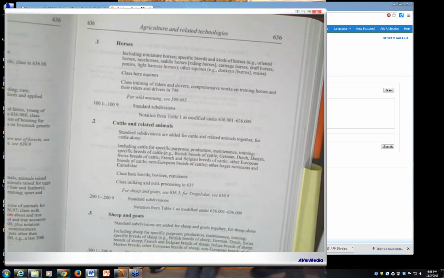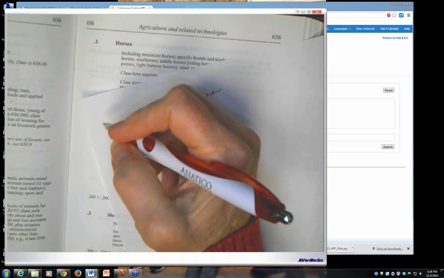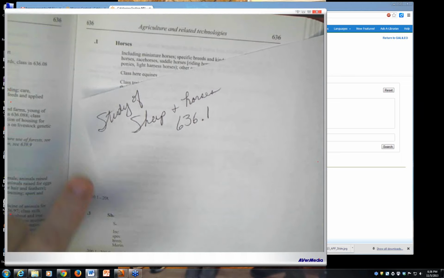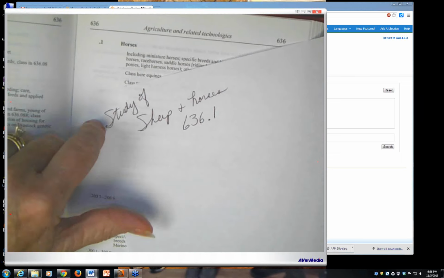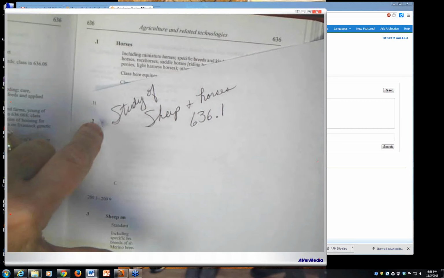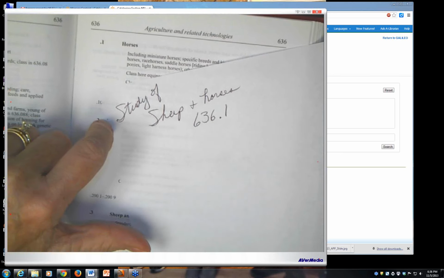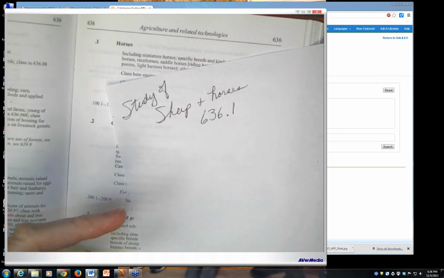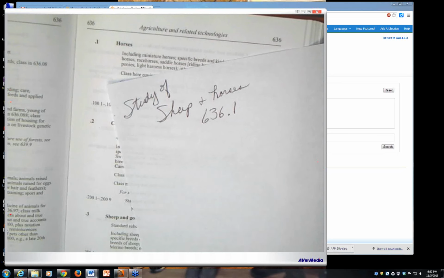Now, let's say this is a study of sheep and horses. This is a study. This is education. This is a format. This is a standard subdivision topic. And you should have looked at your Table 1 enough to know that study of or workbook on or research of something is in a format that requires use of Table 1. So if I look back at T1,